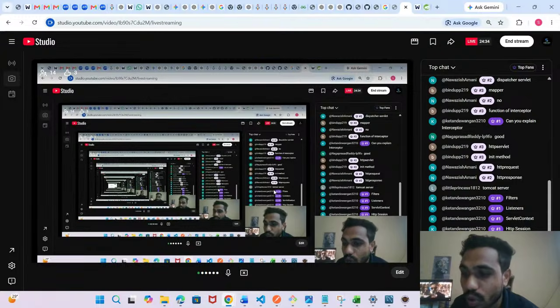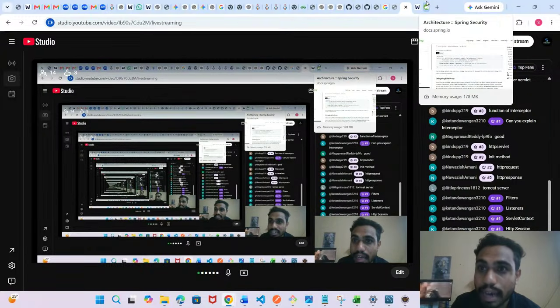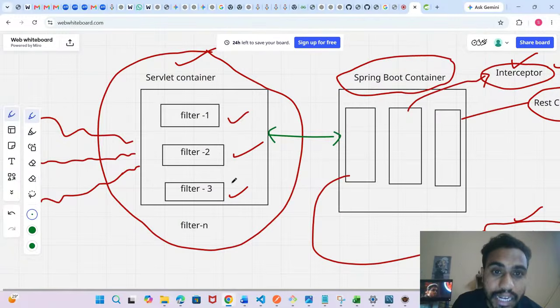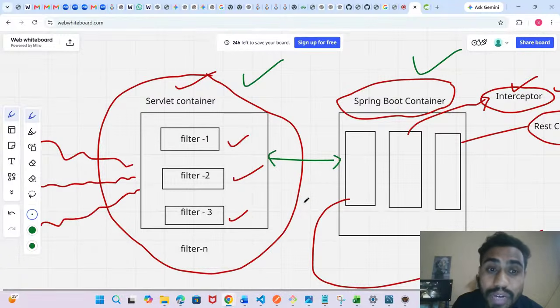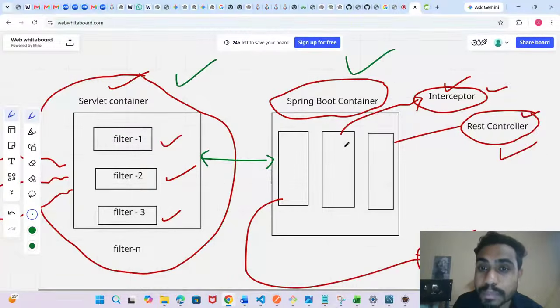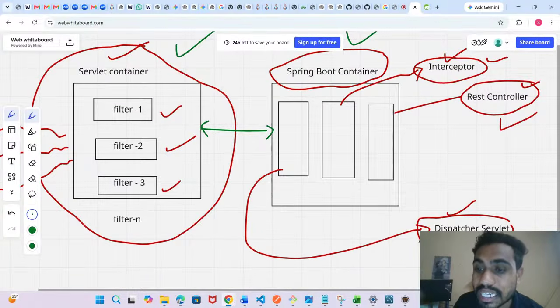Have you got my point, guys? There is a servlet container here and a Spring Boot container here. My question is, who is carrying the control from the servlet container to the Spring Boot container? As I already said, my Spring Boot container contains 3 layers: the dispatcher servlet, the interceptor, and the controller layer.